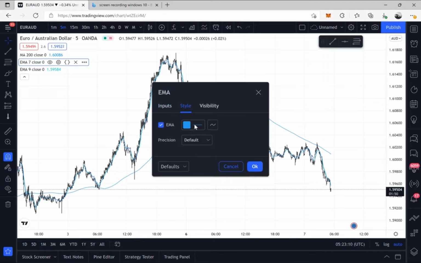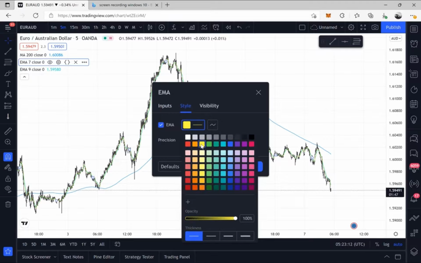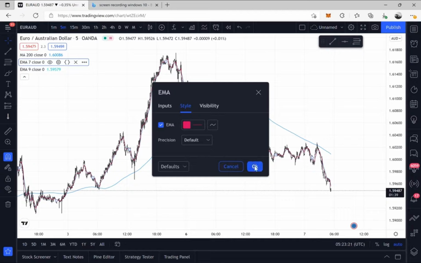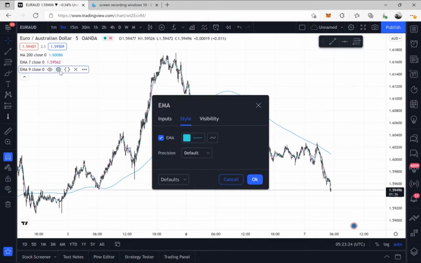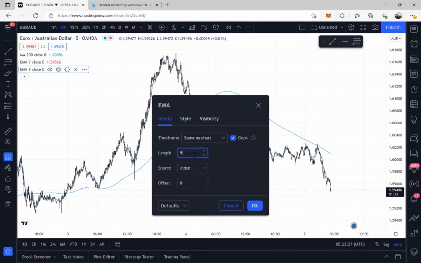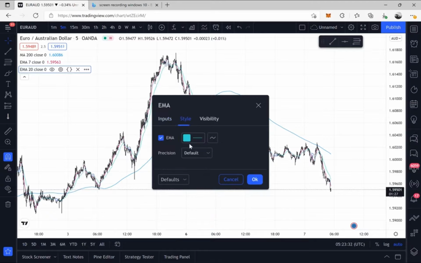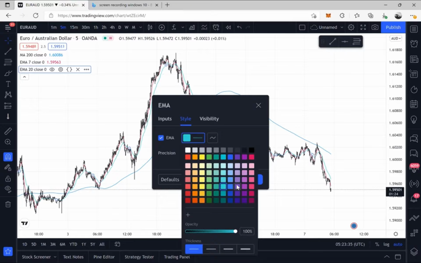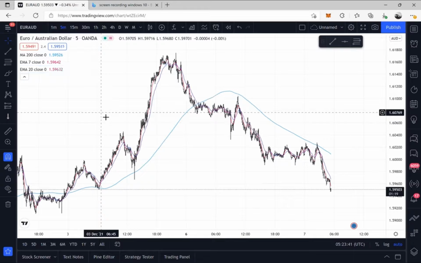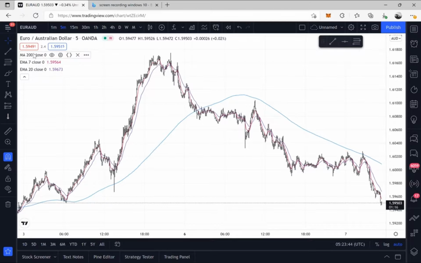Let's change the color. Yellow. Maybe that one. Okay. And then the last one will be 20. Let's see what color we should change it to. Guess that one's okay. Alright, so when you have your 3 moving averages, I go on the 5-minute chart, and